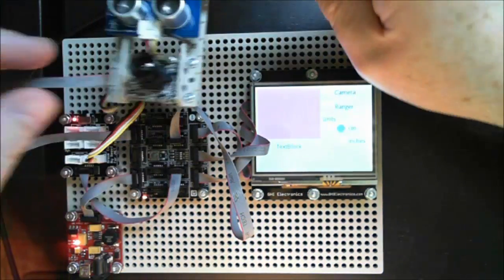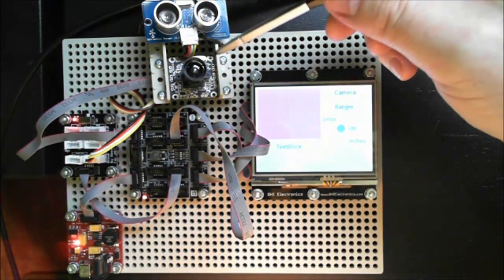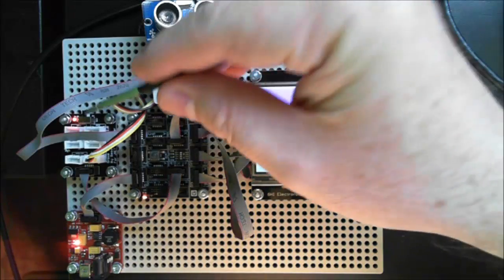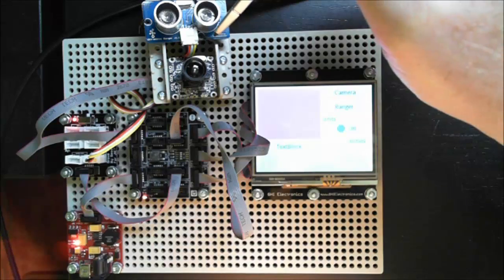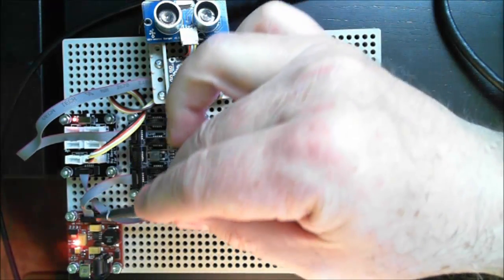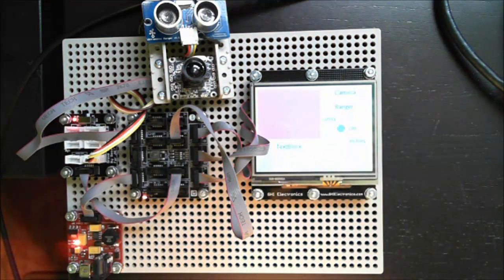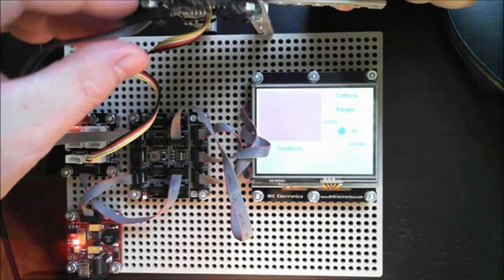On the device, like I said, there's the ultrasonic ranger, there's a camera, a Fez Spider. This is an extender board that allows me to connect the non-Gadgeteer device to Gadgeteer, since the sockets aren't the same, and of course the red module's power. And so we tip this up,